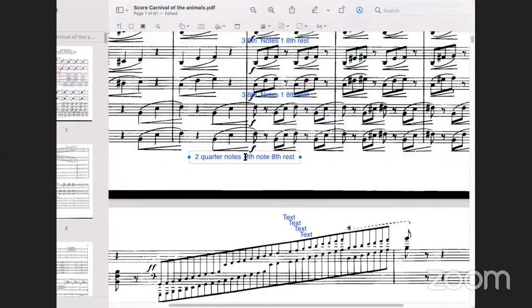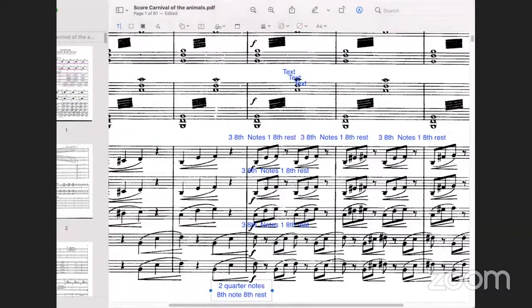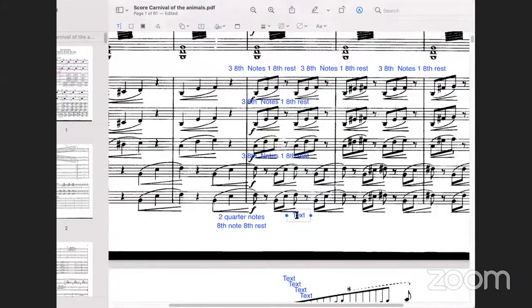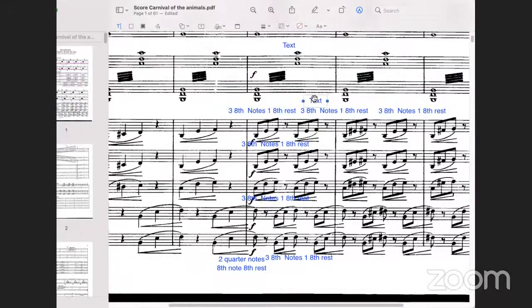And this is 3 8th notes and 1 8th rest. So we just copy and paste here. 3 8th notes and 1 8th rest. And you do this for all the